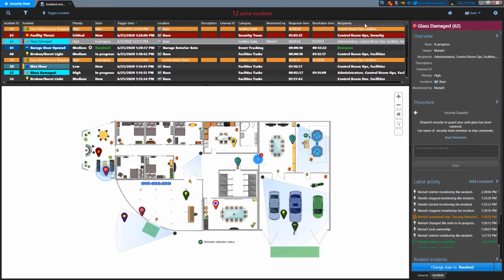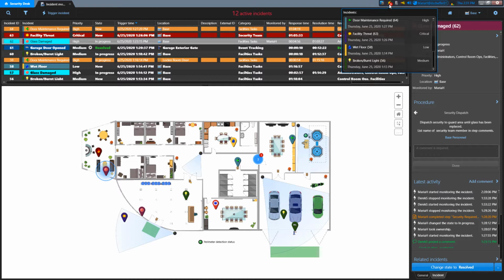In the top right corner of our security desk, we have our notification tray. There's a new icon for Mission Control that you may see show up there, which looks like a lightning bolt. This is where you'll see new incidents indicated, as well as any notifications you get from active incidents, like reminders and warnings about time limits.